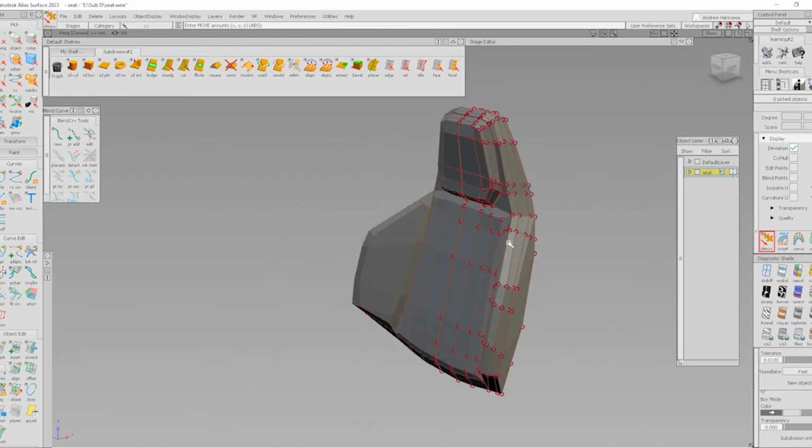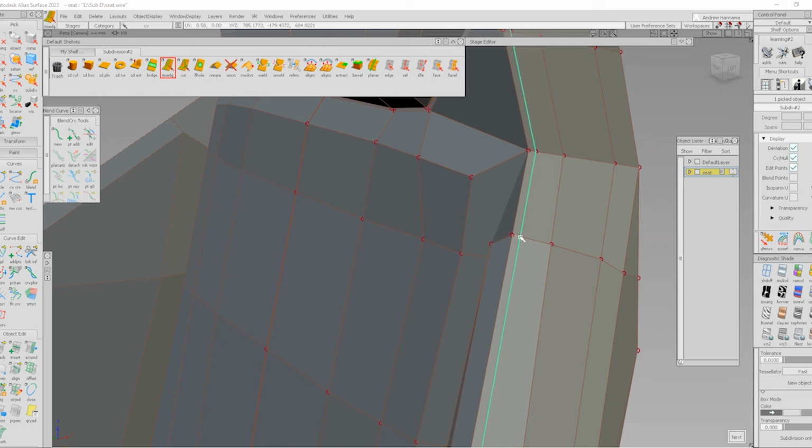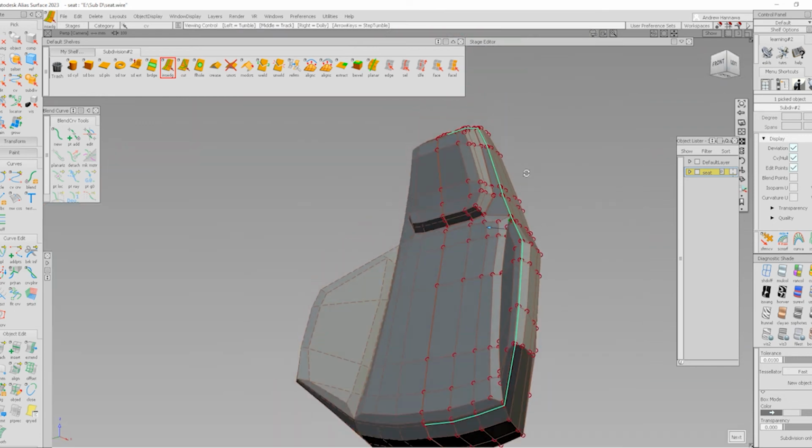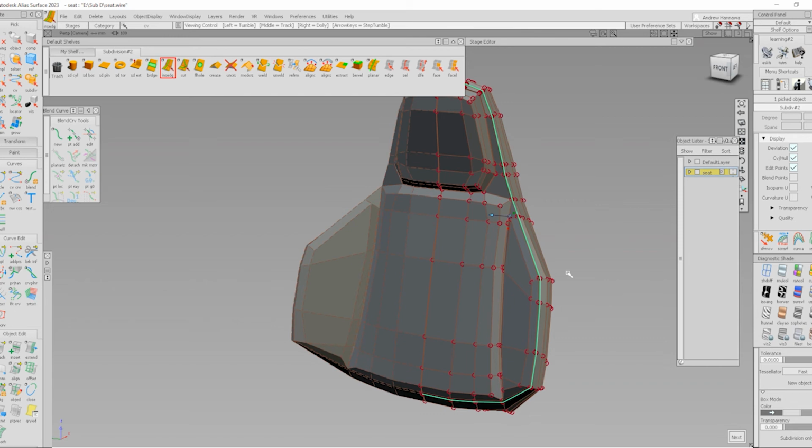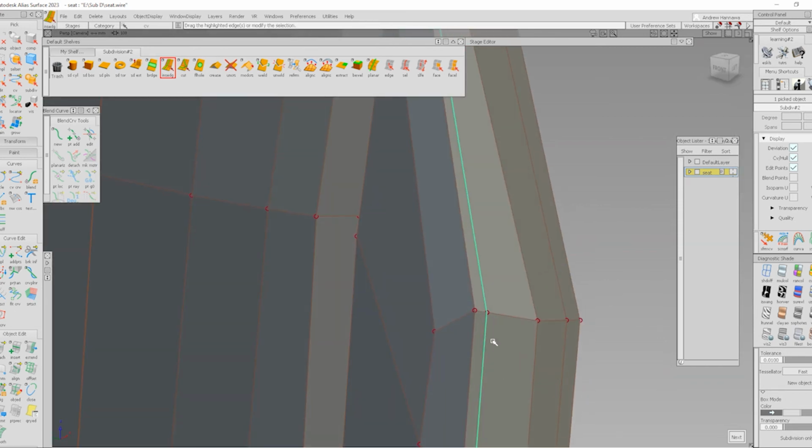Yeah, so I'm going to use this edge here to add a French seam. So I'm going to do the same thing. I'm going to add a whole edge loop, and that's going to go all the way around because that's the way I set it up to be. And then I can add one right in the middle. So my French seam is going to be right in the middle. And then